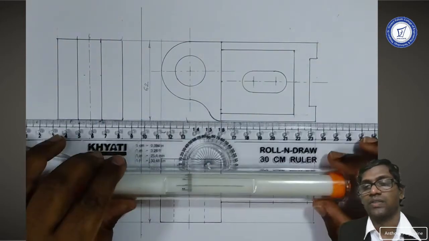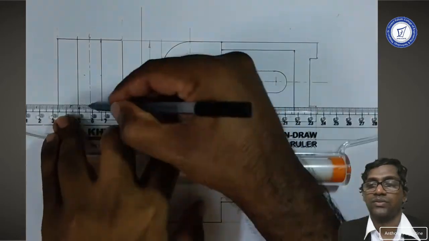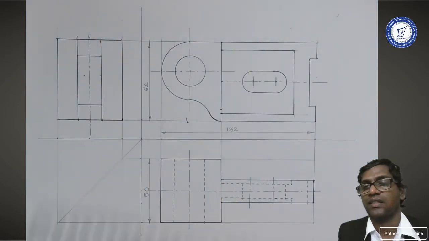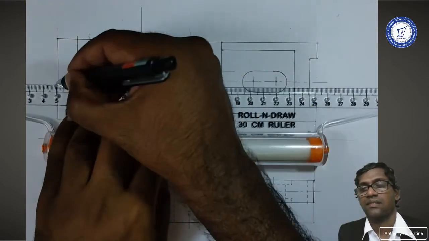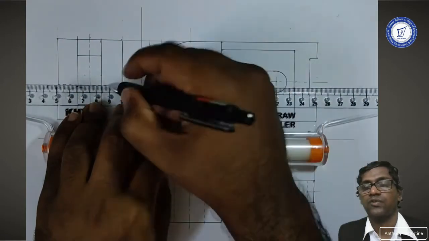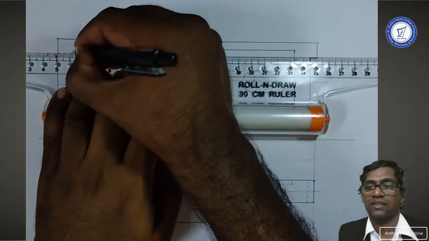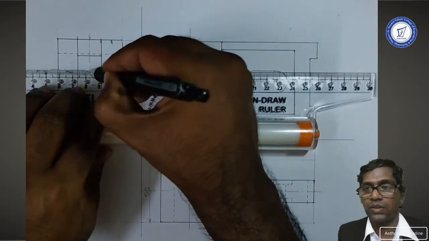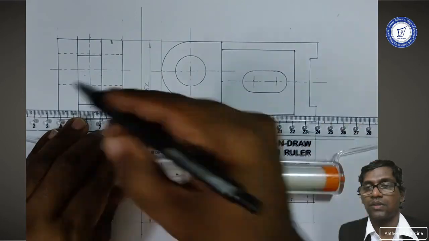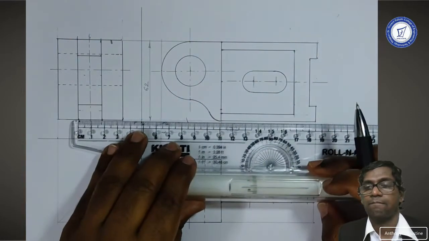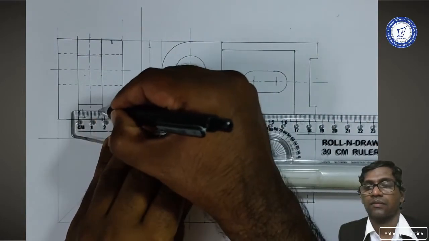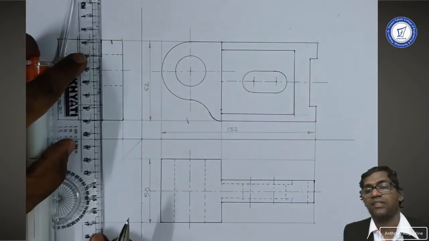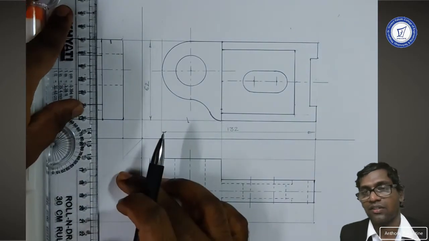portion of the component. I'll be making use of projection lines to complete the edges which are visible and move on to hidden lines. So I draw the circular hidden lines for the circular hole, and further I'll draw the wall which is having in between thickness reduction of 12 mm.